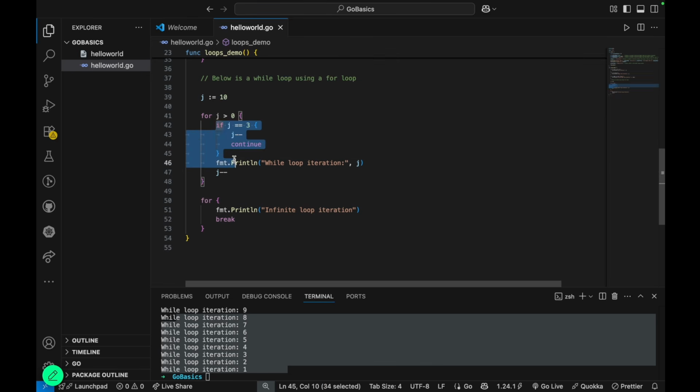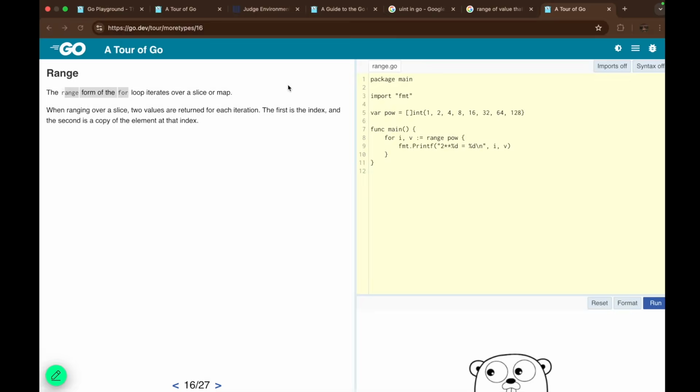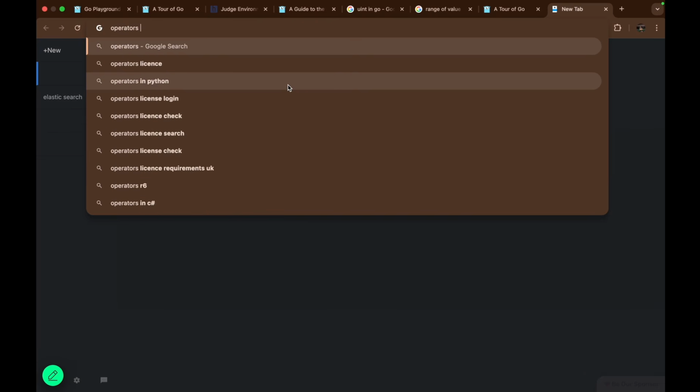So if you want to have an if conditional coming up, this is how you can have an if conditional written in front of you. You can use the keyword if, and then you can put a condition. For using the condition, you can use this comparison operator. If you want to see what all operators you have, operators in Go,